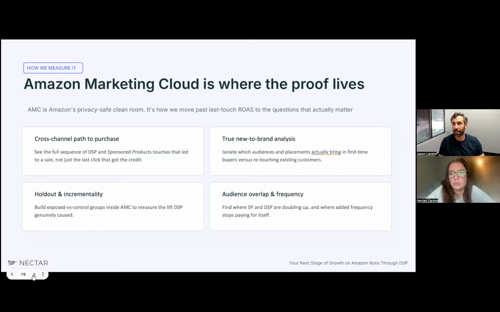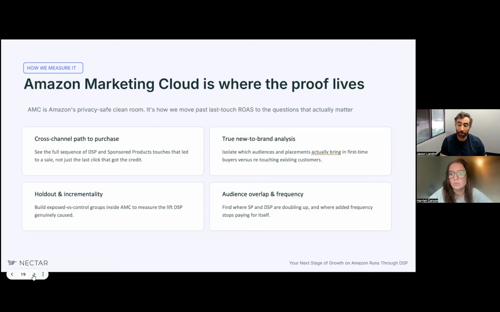Yeah, and so we've talked a lot about Amazon Marketing Cloud. In the interest of time, we'll go through this quickly. It's a clean room with anonymized, aggregated data that allows you to really understand how your campaigns are working together from cross-channel purchase, holdout, and incrementality. It allows you to do new to brand analyses, whereas vendors weren't able to do that at all, as well as customer lifetime value. So understanding at an ASIN level,